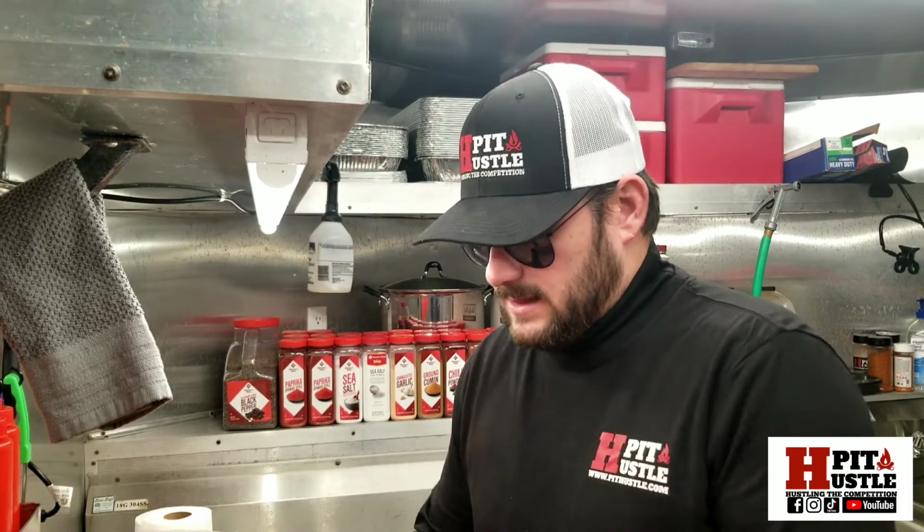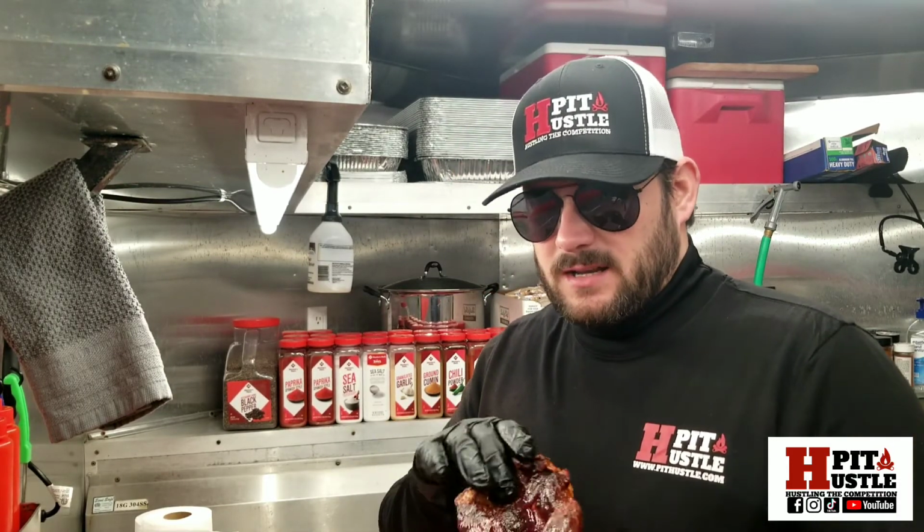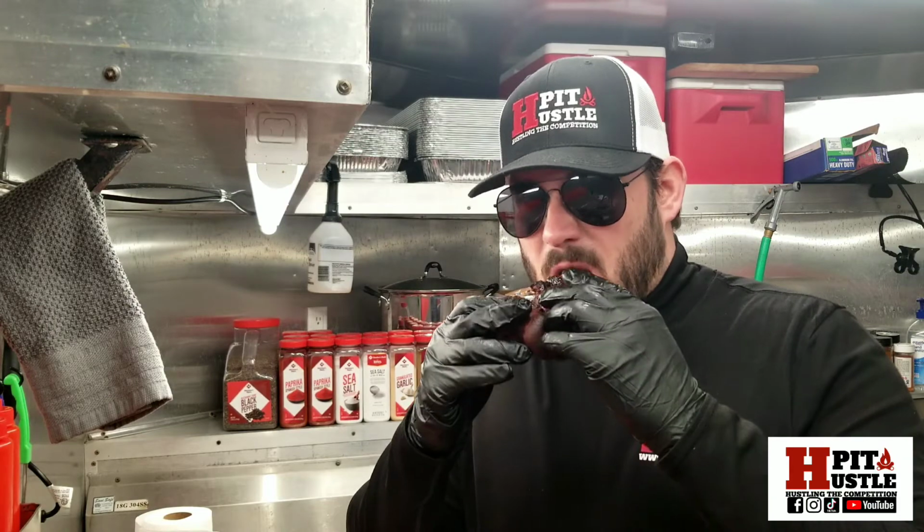Alright, we've set the sauce on the other pig snoot. This is what it looks like. Just a nice shiny little glaze on it. This is the one without. What you want to do is just